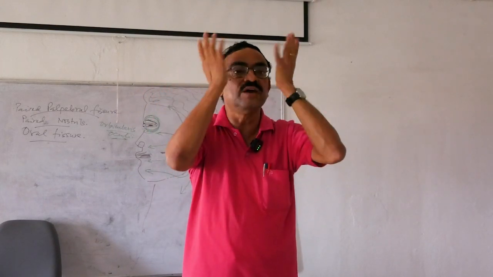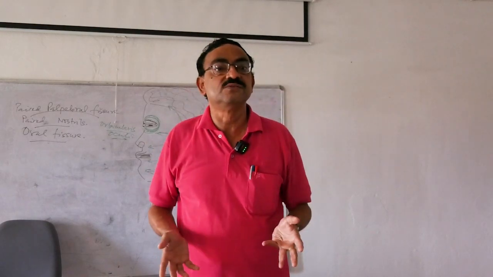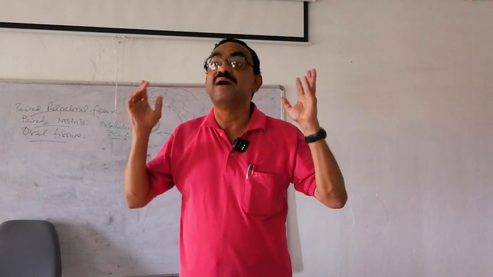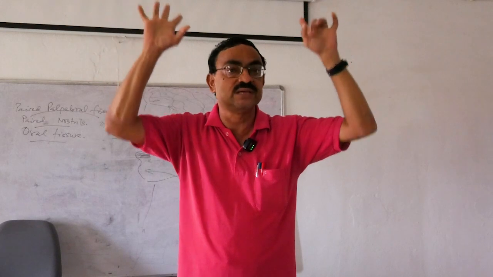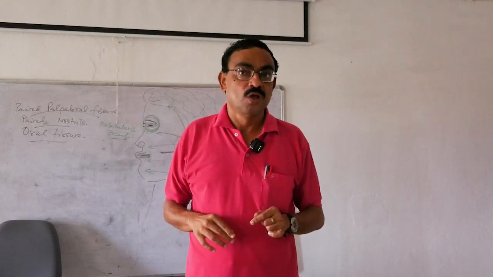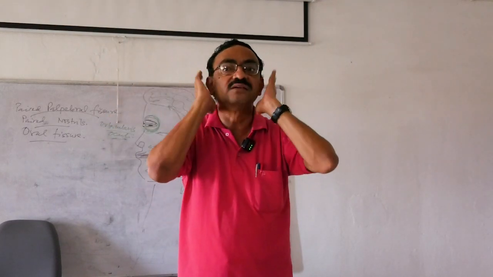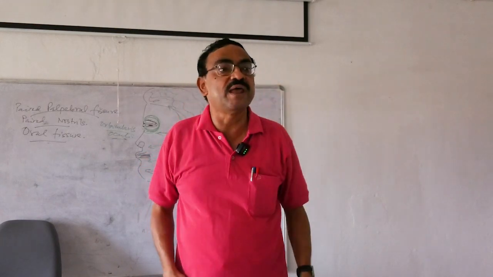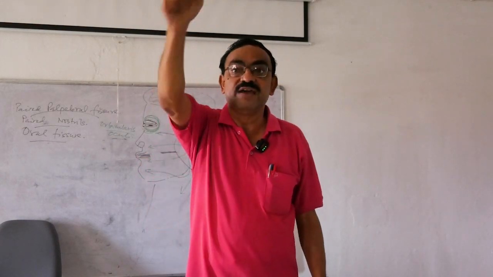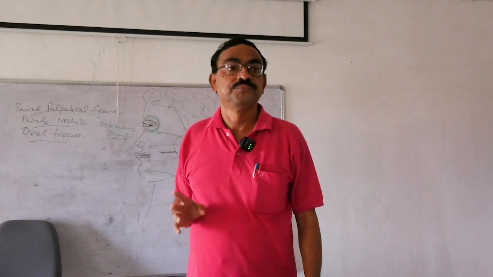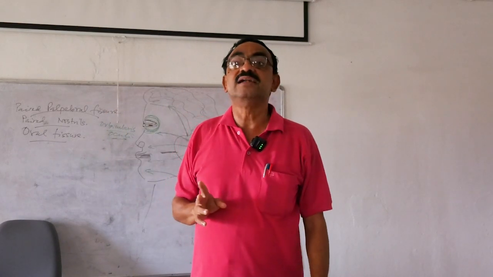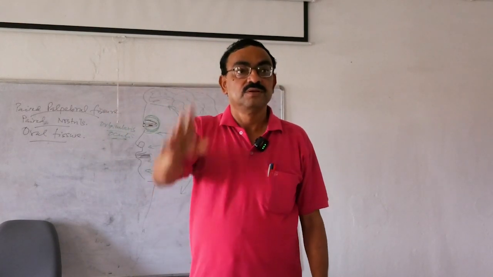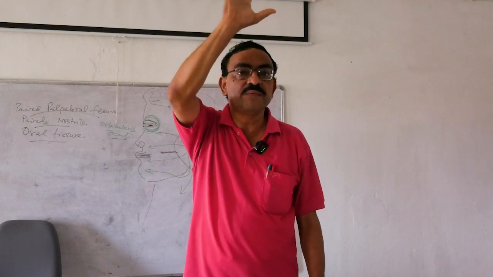Apart from that, in the face we are getting other muscles which are called the muscles of facial expression. All these muscles of facial expression are developed from the second arch. Just remember,